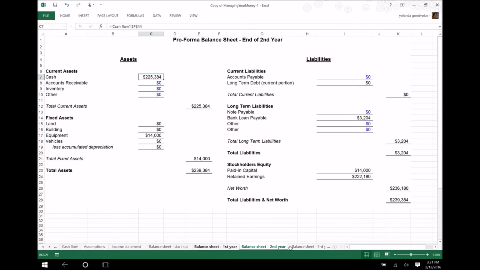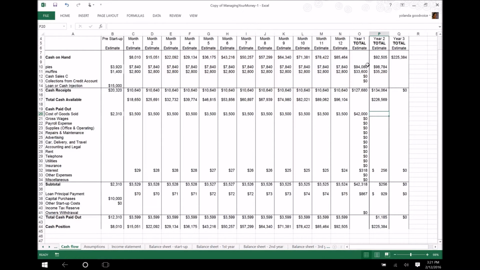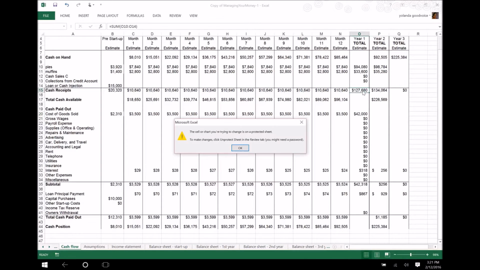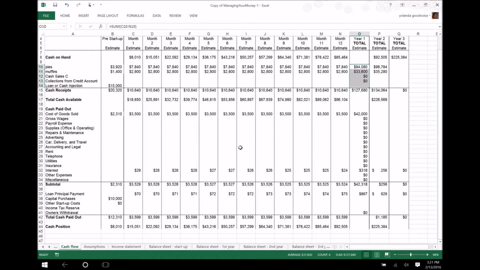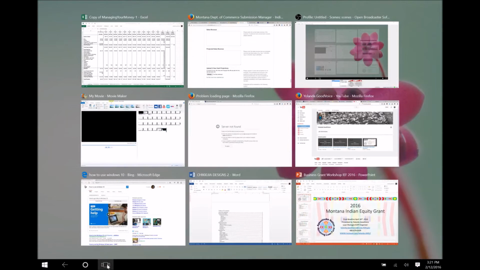But I don't have everything in there. So these are where your sales are going to be. It's going to highlight it for me though. Yeah, so this is your sales for the year right here. And then this is your sales for year 2, and then your sales for year 3. And then this is your cash position, which is kind of like balancing your checkbook, or balancing your bank. So you would go to your application,